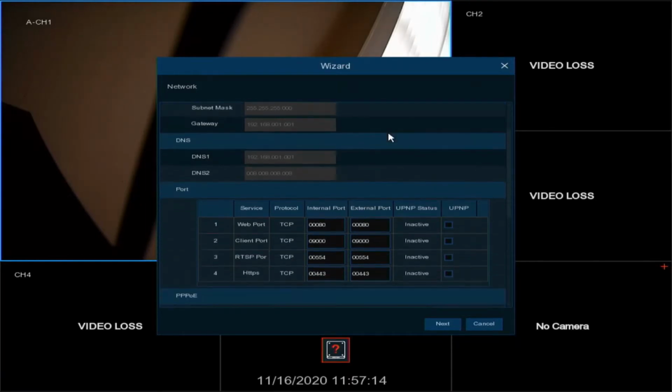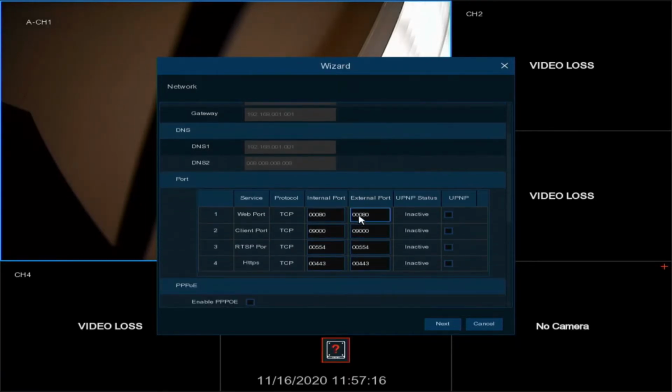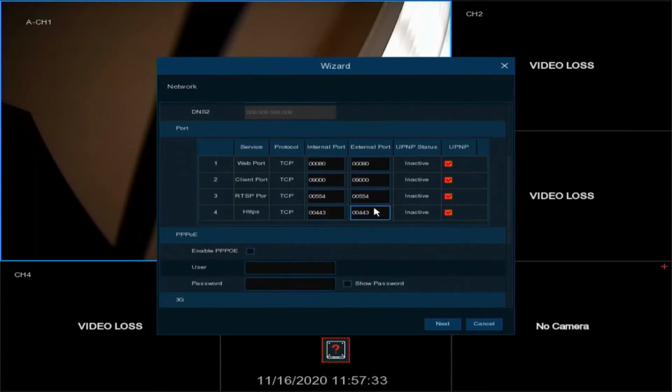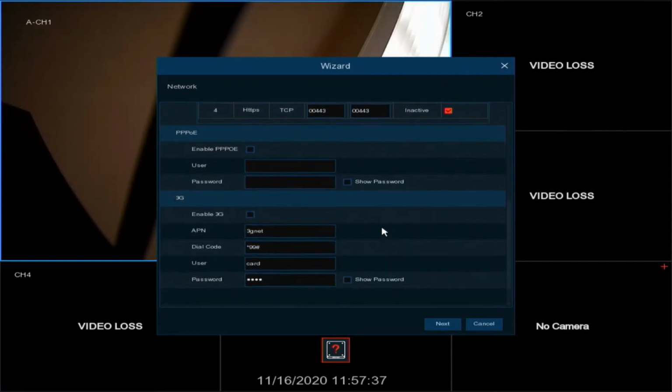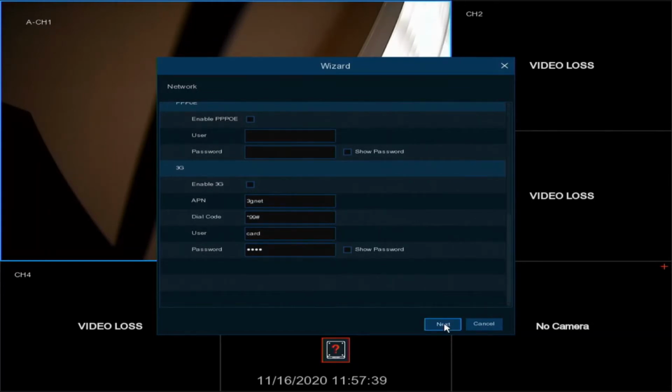Below this you've got the ports. If you need to open ports, if you've got an external IP address from your broadband supplier, then you need to use these. Ensure you've got UPnP enabled on the broadband router. Tick these boxes and it should talk to the router and open the ports. Further down we've got PPPoE settings and 3G settings. So if we click next,